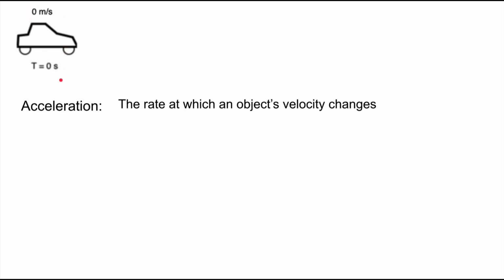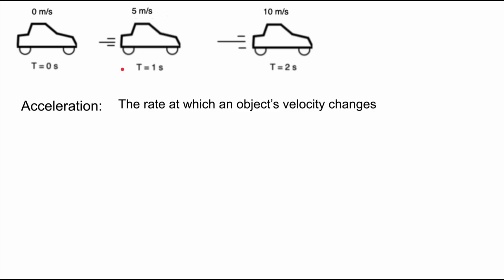So then the light turns green. Well, what happens is, 1 second later, at t equals 1 second, the car is now going 5 meters per second, as you can tell by my cool little symbols here. And then at t equals 2 seconds, it's going 10. And see, it's going faster. And then at t equals 3, it's going 15, even faster. So I think you've probably already figured out what its rate of acceleration is, but let's just walk our way